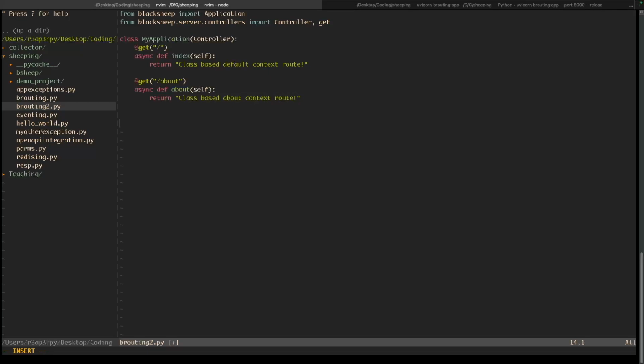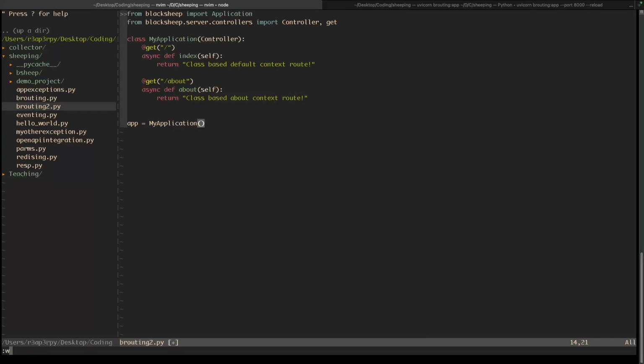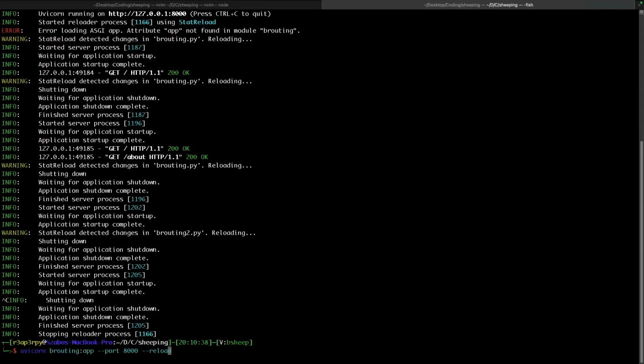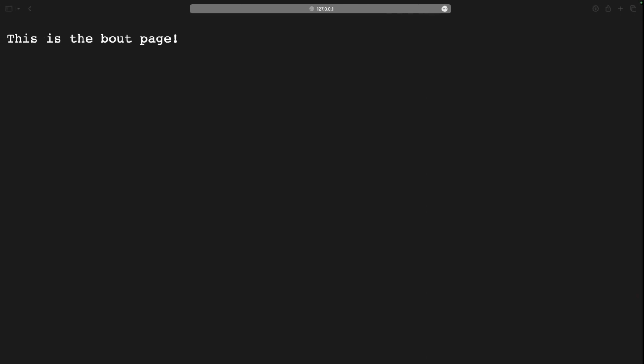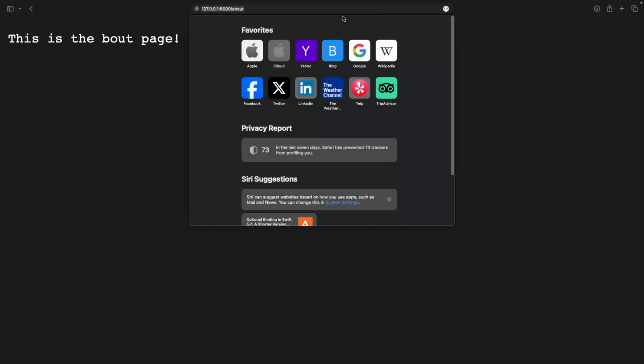And then we can create our app from the my application, and if we save it and switch this to the brouting2 and go back to the application and reload,